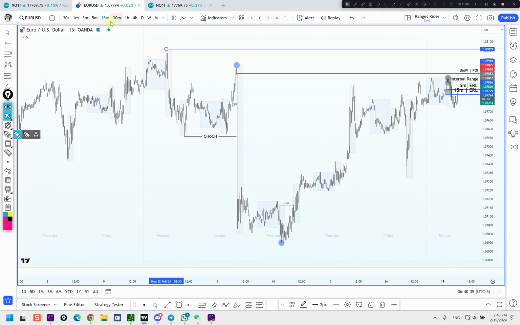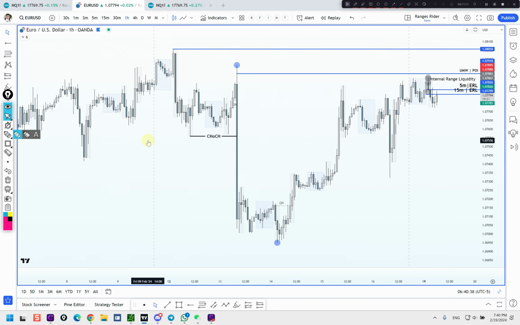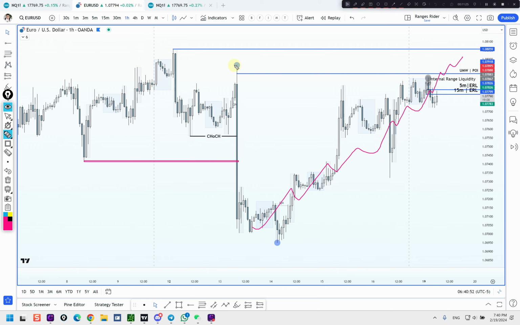This level is H1 change of character, this one, because this one is breakup structure, and then on the H1 time frame this is just going higher, and on H1 this is the internal range liquidity, and I'm looking to take this high and sell something from there. But that is a little bit intermediate time objective, but you can still play on the 1 minute